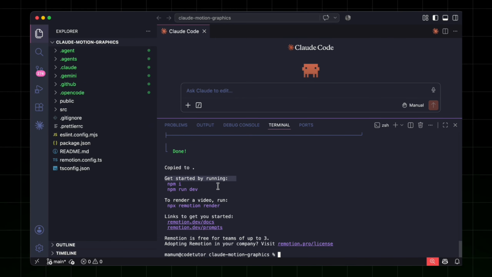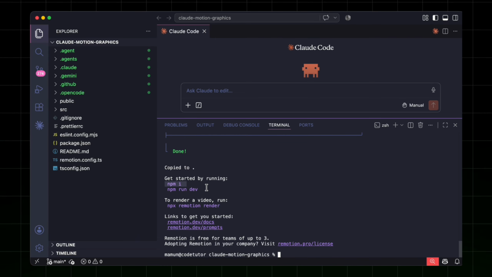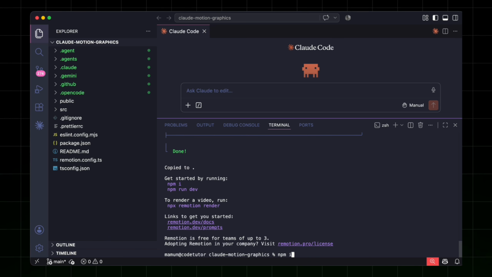To get started, at first you will have to run the command npm i. This is the short form of npm install, then npm run. To render a video, you will have to run this command. No worries. At first, you will simply type npm i to install the node packages that are essential